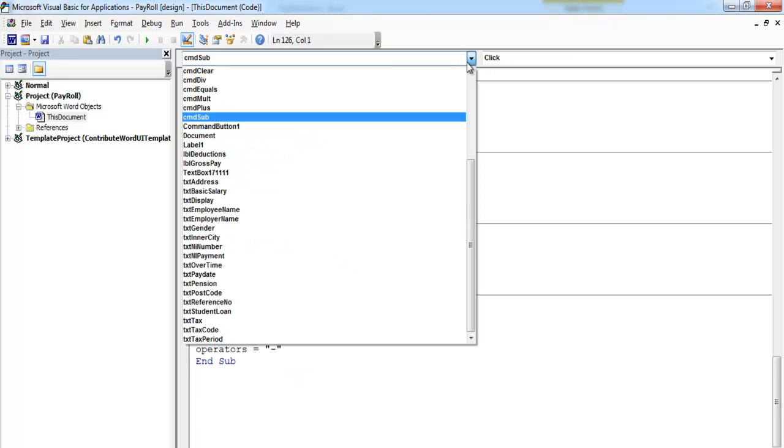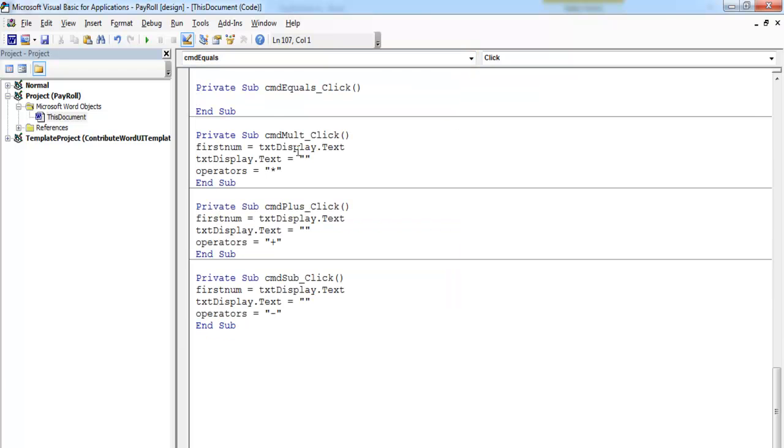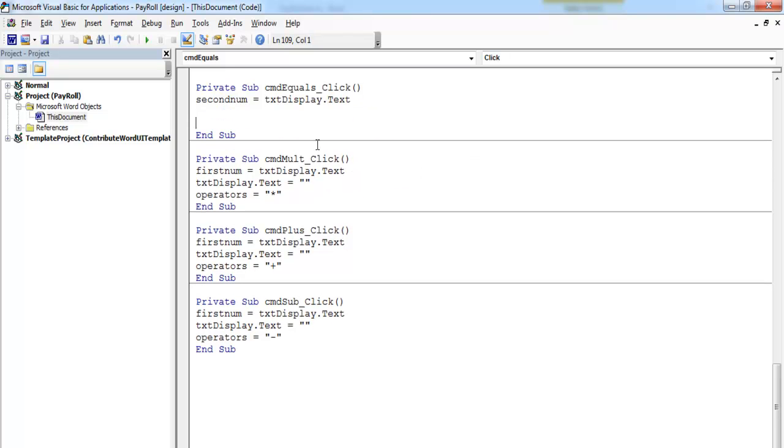Now we need to take care of the equal sign. That is it right there. Double click on the equals. With the equals, we just need to say second number equals txt display dot text. Okay, if operator, in this case operators, that's what I call it, equals the plus sign,